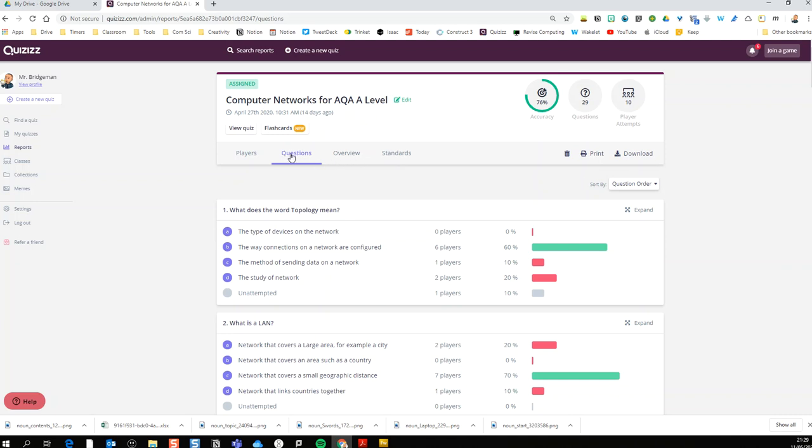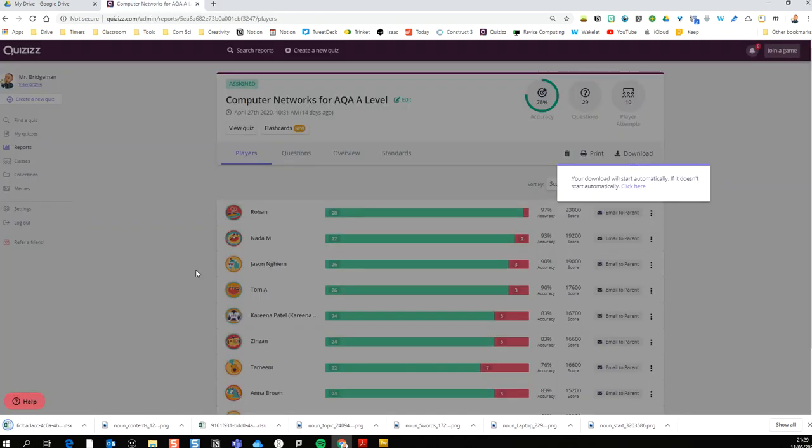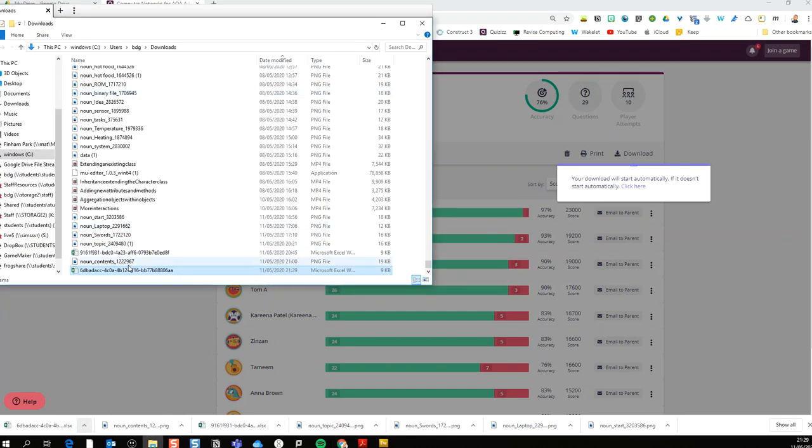So there is questions and players. Again, it just tells me who was in there, and let's show you what happens if I do download it. Let's see what you get. Click the download, and it automatically downloads an Excel document into my downloads folder. And hopefully what will happen in a moment, it's taking its sweet time doing it, is it will